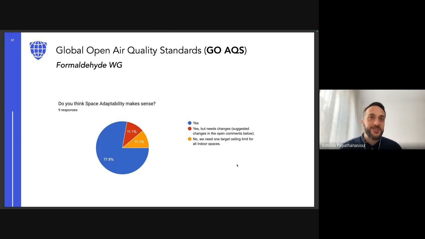Again, the questions are the same, more or less, about those pollutants. Later on, we have more questions about ventilation and filtration, which are coming this Friday. But for formaldehyde, as it's another gas, we are discussing whether we have to adopt this space adaptability feature that we have inside the GoQS, which basically we want to link the average limits with the different indoor environments. And in a question that I asked a month ago, the community said that they agree with it, but there were some other comments, a few of them, but again, not all of the people participated in the survey,